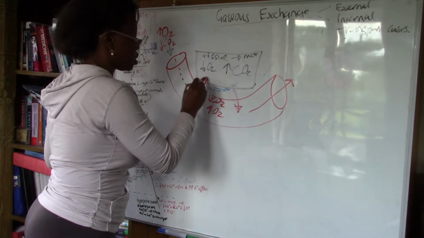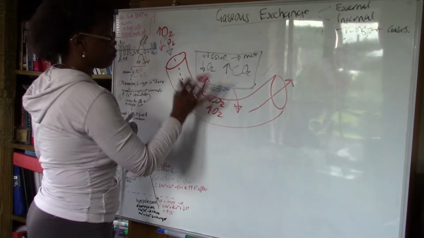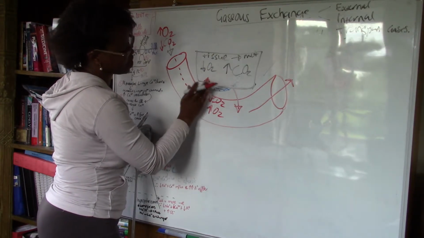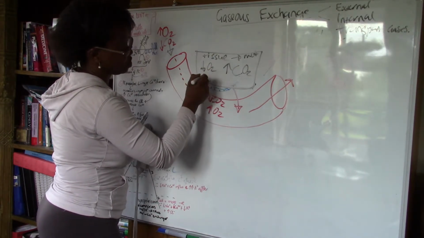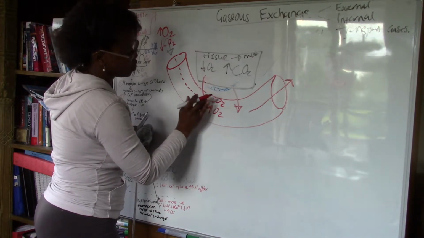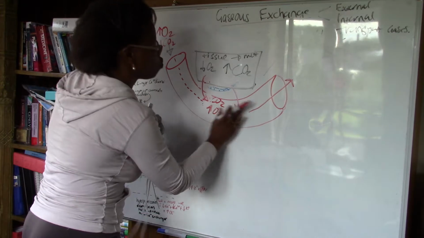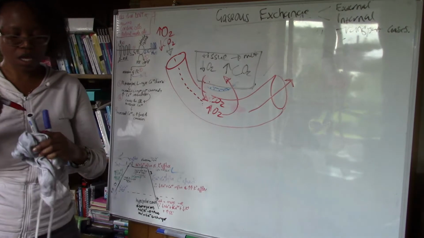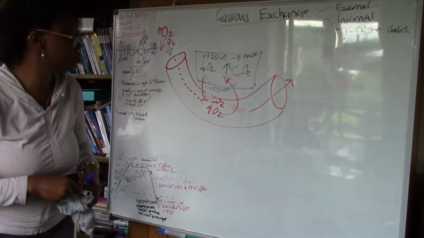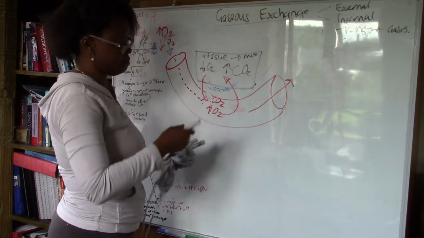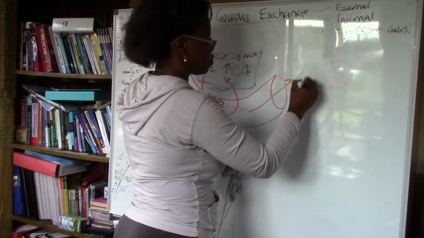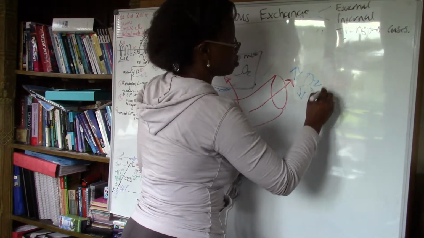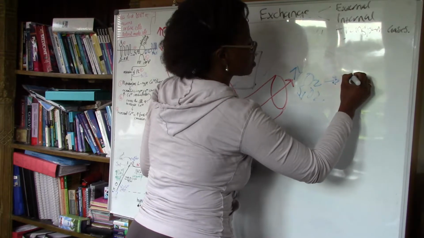And as it comes in here, this is high, low, and this is high. Carbon dioxide will naturally move from the tissue, up here, into the capillary, and oxygen will move from the capillary into the tissue to meet the body's oxygen demands. And then we'll have carbon dioxide rich blood, CO2 rich blood, which is low in O2, returning into the venous system